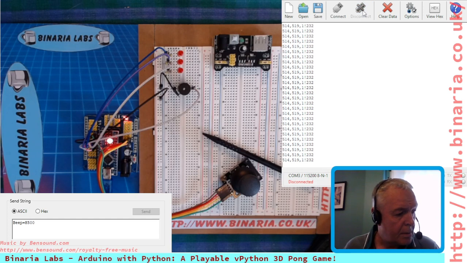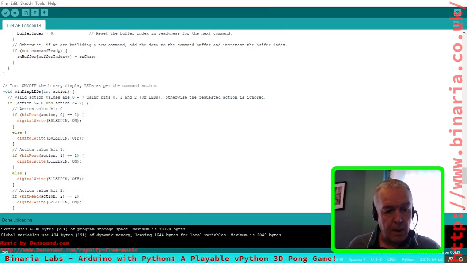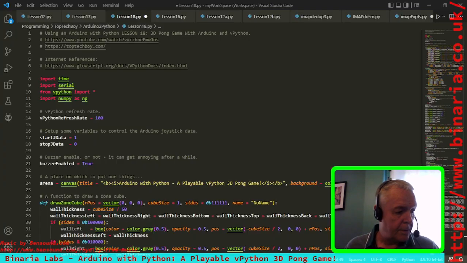There we go. So it's sitting now waiting for commands again, although I'm not going to be sending any. So let's have a look at the Python code now, and if I turn off the Arduino screen, there we go. How about that? So the Python code is largely the same, except for a little bit which I'm going to